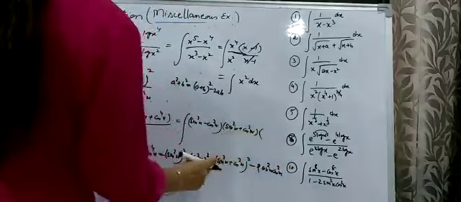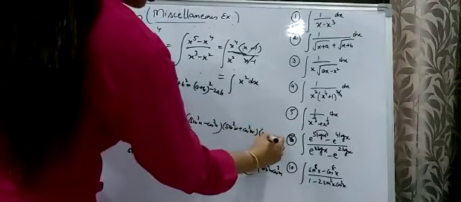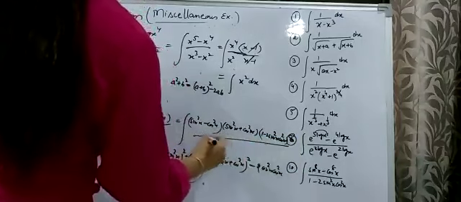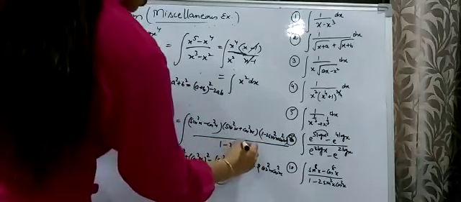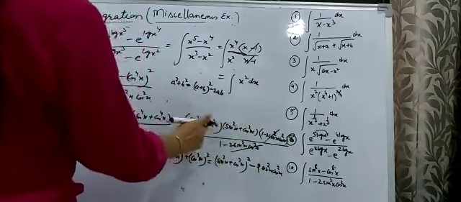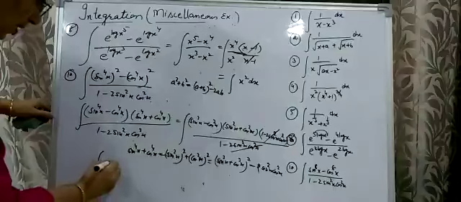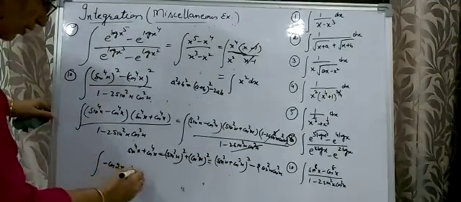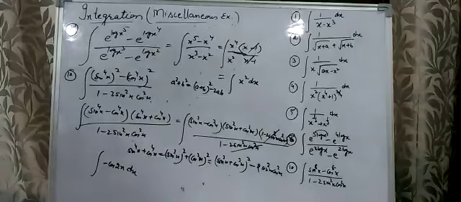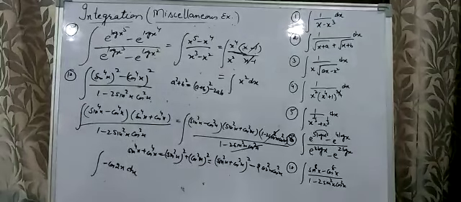So see, this will come out as 1 minus 2 sine square x cos square x upon 1 minus 2 sine square x cos square x. This is cancelled with this. This is 1, we are left with this, and this is the formula of minus cos 2x. Cos square x minus sine square x is the formula of cos 2x, so this is in the negative form. So after doing the factorization, you reach this function as minus cos 2x, and then we do its integration.